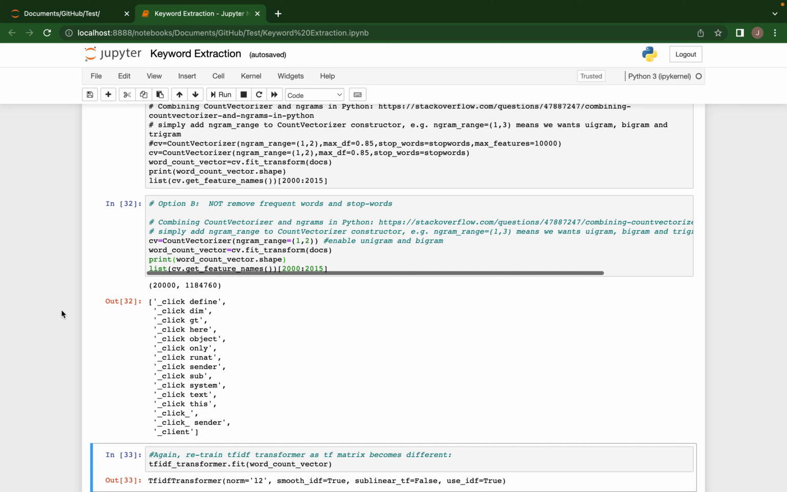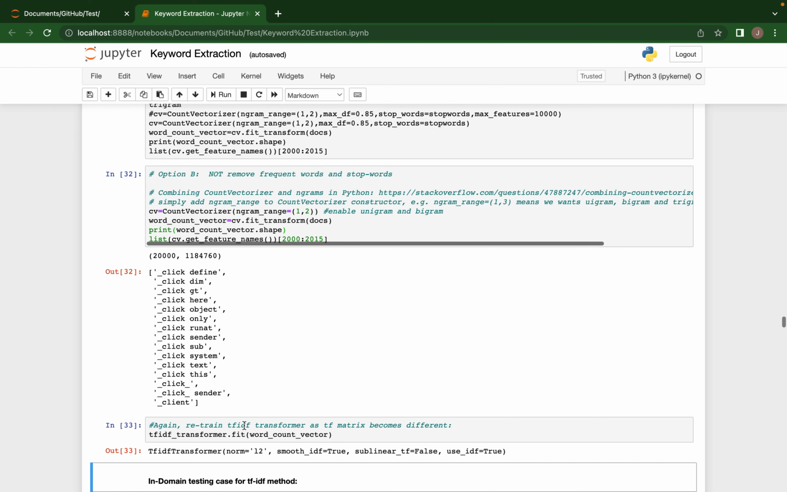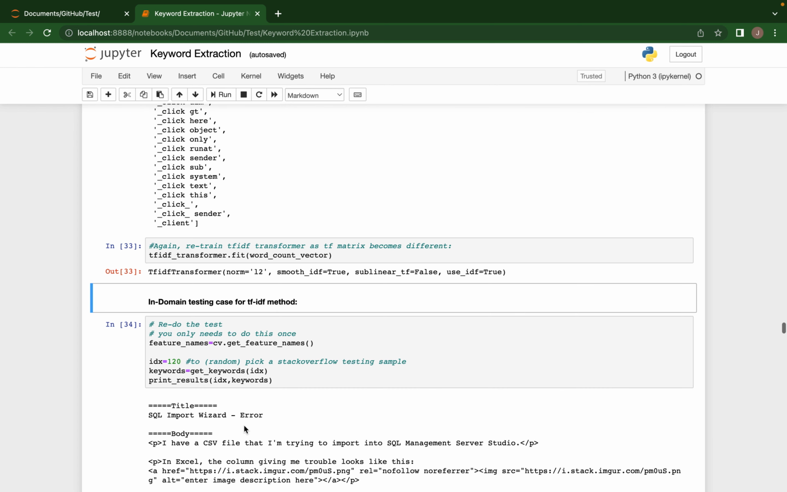Okay, so after we have done that, we actually need to retrain the tf-idf transformer, because the term frequency matrix has become different. So you just use the fit method to retrain again. Now after we have done that, we can do some in-domain testing for the tf-idf method